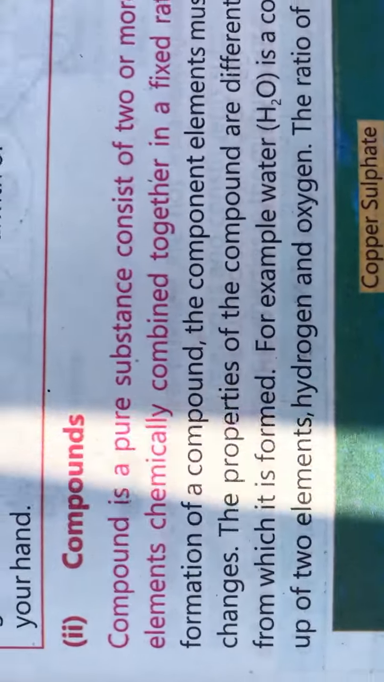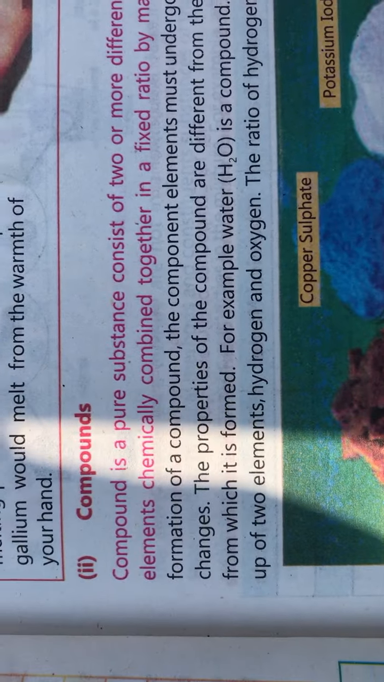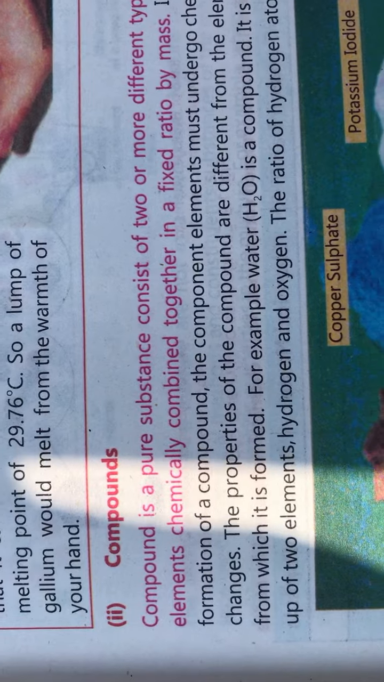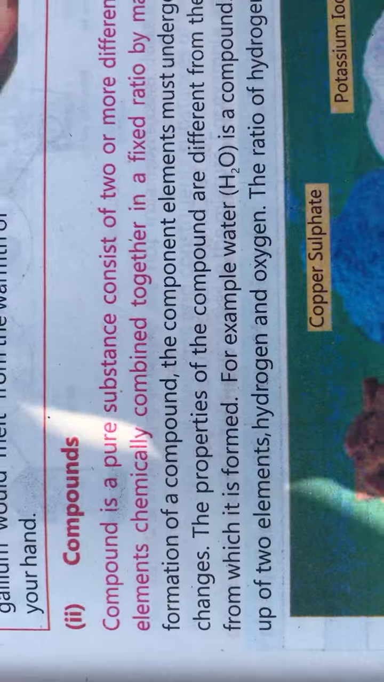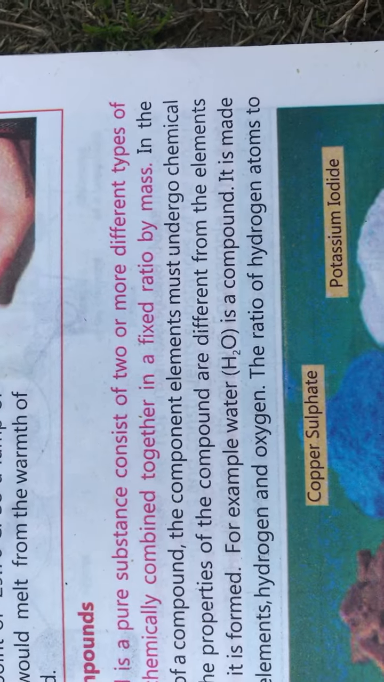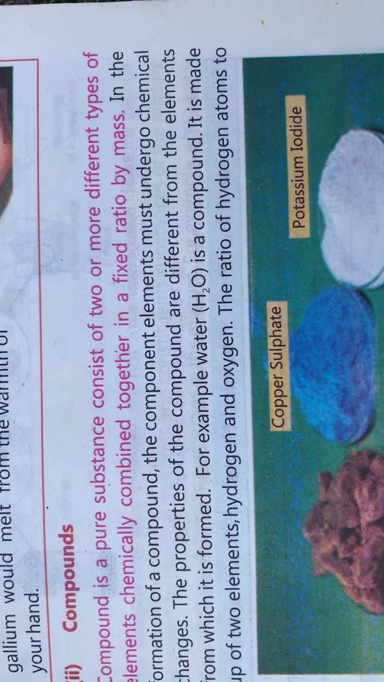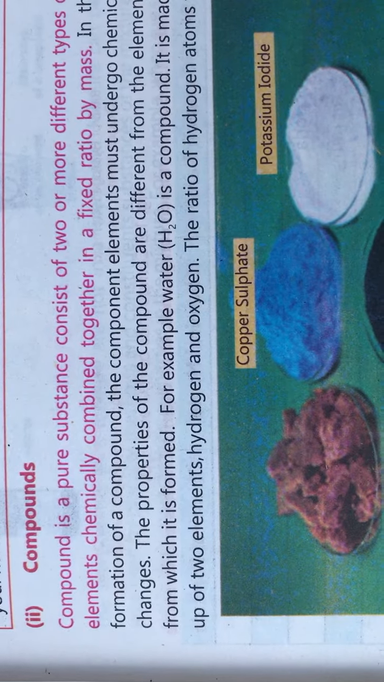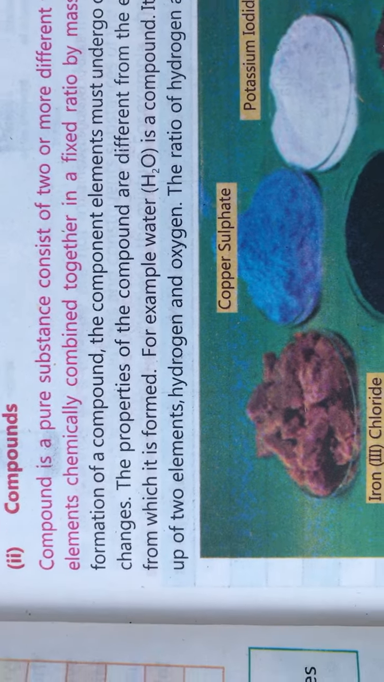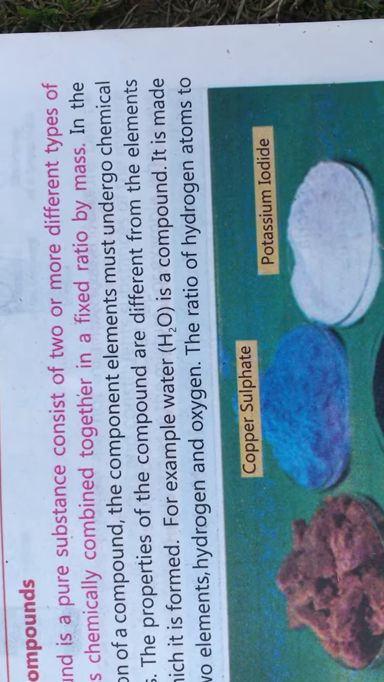Then we will discuss compounds. A compound is a pure substance consisting of two or more different types of elements chemically combined together in a fixed ratio by mass. In the formation of a compound, the component elements must undergo chemical changes. The properties of the compound are different from the elements from which it is formed. For example, water, H2O, is a compound. It is made up of two elements, hydrogen and oxygen. The ratio of hydrogen atoms to